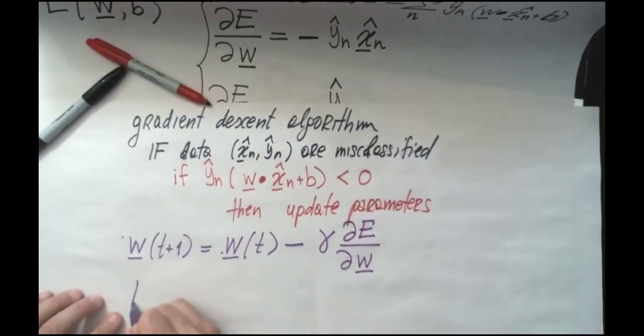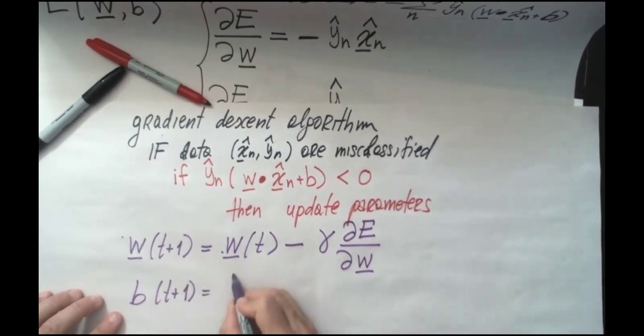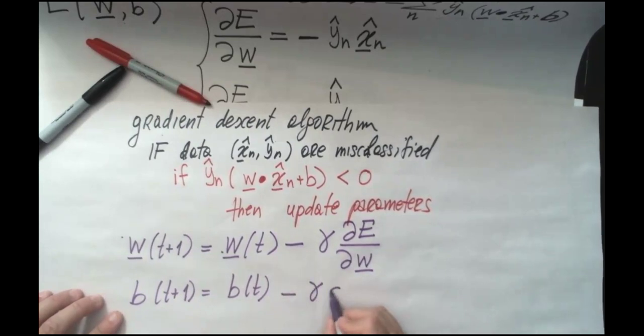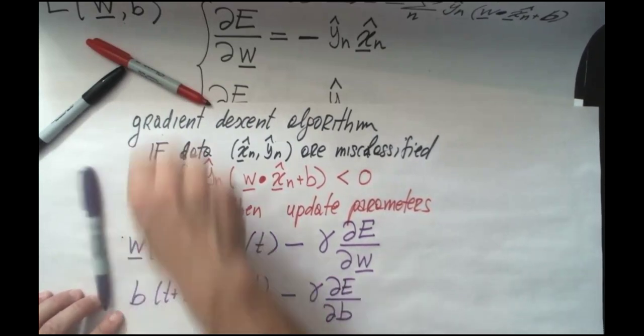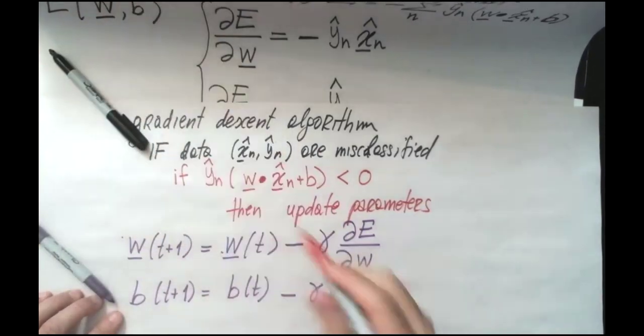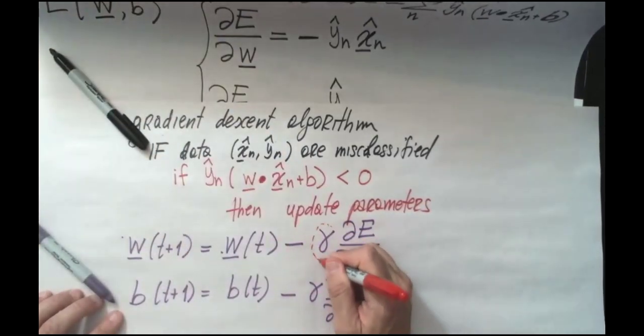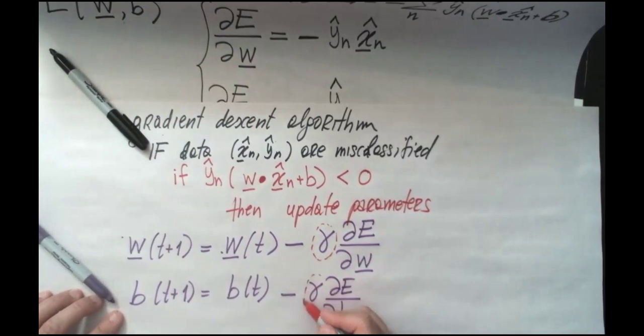And then b at t plus 1 is equal to b at the previous time step minus gamma dE with respect to the bias. The parameter gamma is called the learning rate,